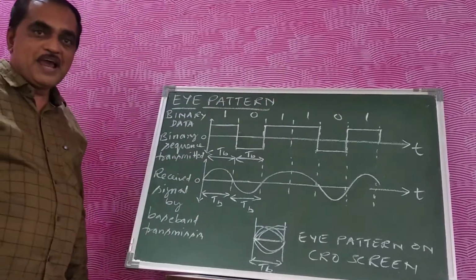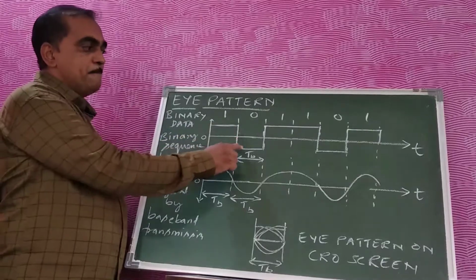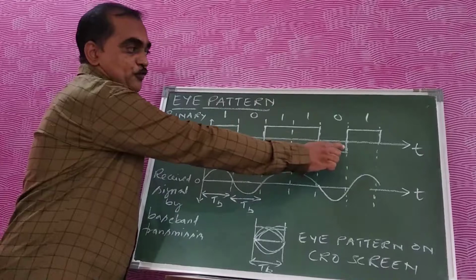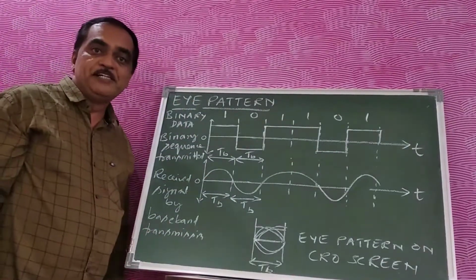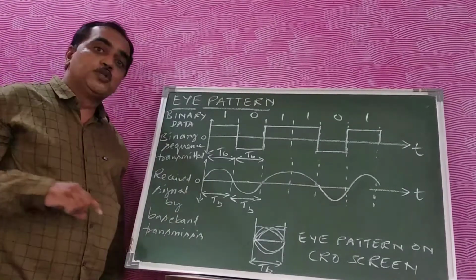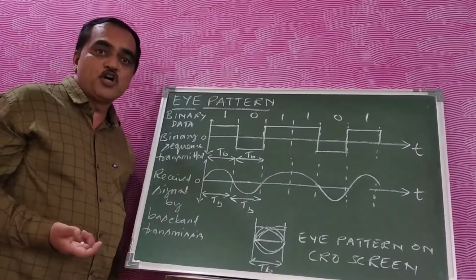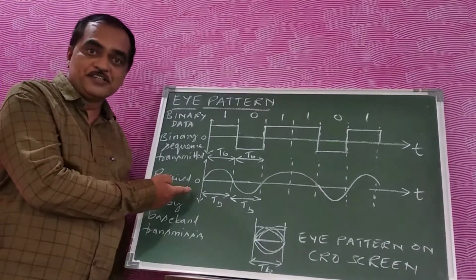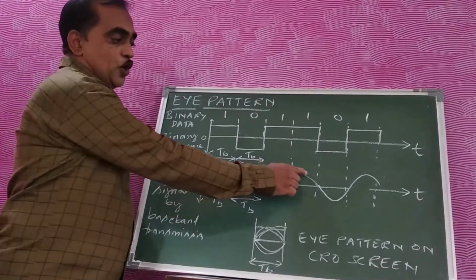101101, and the waveform for it is shown as plus voltage for logic 1, minus voltage for logic 0, plus voltage for 1, plus voltage for 1, minus voltage for 0, plus voltage for 1. Now this was sent by the transmit filter in the baseband transmission diagram through the channel to the receiver. While it was received, it was affected by noise and there was also an ISI effect. Here, if you see the received signal, this is for logic 1, logic 0, logic 1, logic 1, logic